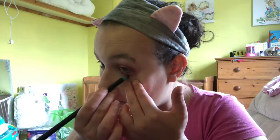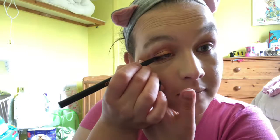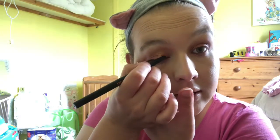And then lips. I am swaying towards this Rimmel one. Now, I haven't done my eyeliner. What am I going to do underneath? Oh, I'm going to take the pencil brush and go in with that toffee colour again and just go underneath the eye. So in future I will just buy a kohl pencil from Revolution, and I'm not going to do a flick. I'm literally just going to try and